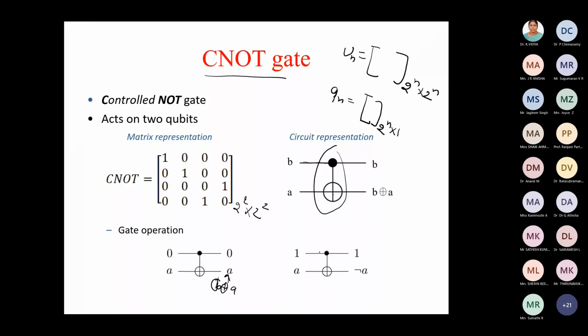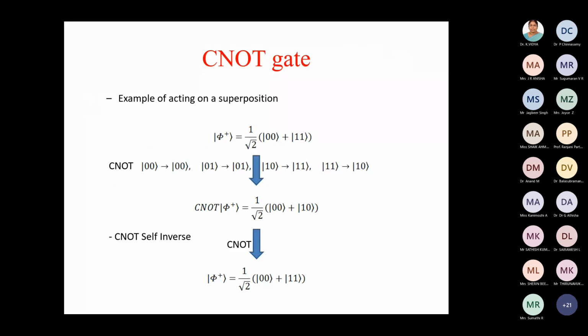In the case where the control qubit is 1, it will flip. How will it flip? It will be B XOR A, and we know that B is 1, so 1 XOR A. Does anyone remember? XORing something with 1 will complement it. So it will become A dash. This is one of the most important 2 qubit gates, called the control NOT gate. In this case, we require 2 qubits as input, and depending upon the control qubit, it will flip the target qubit. Just remember this, and the matrix you don't need to worry about.